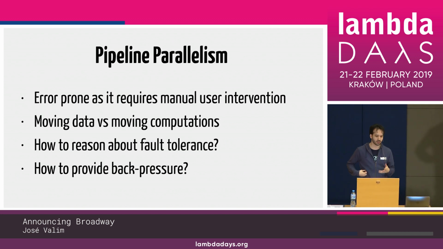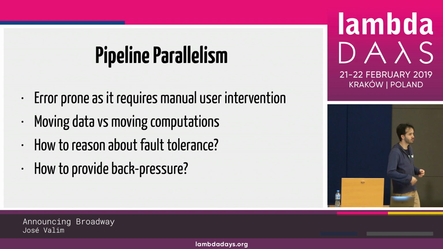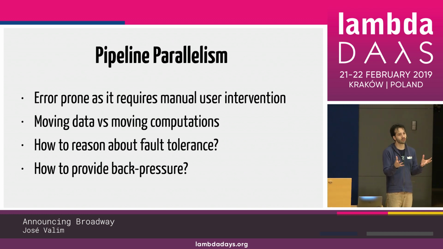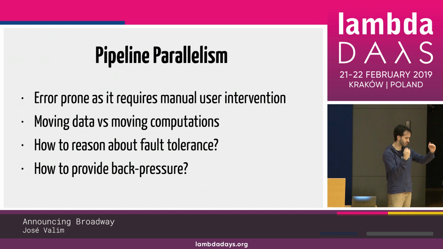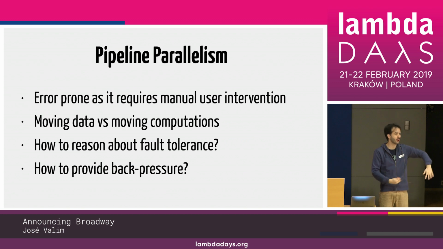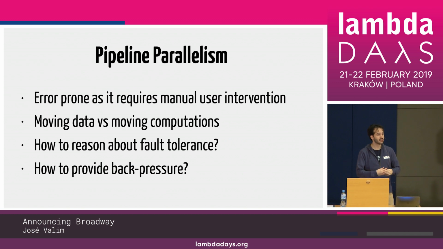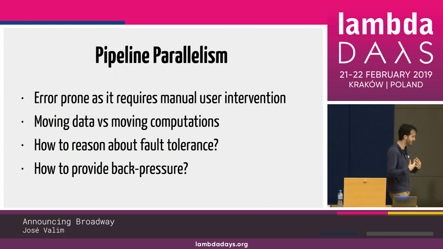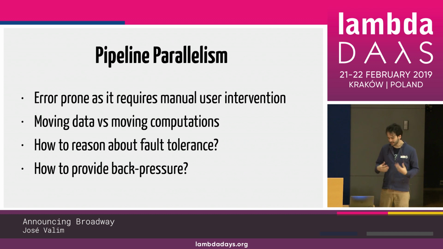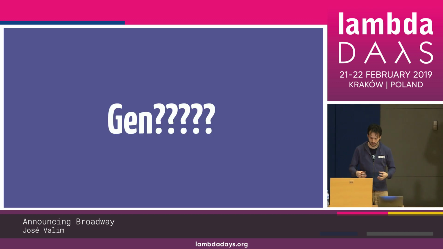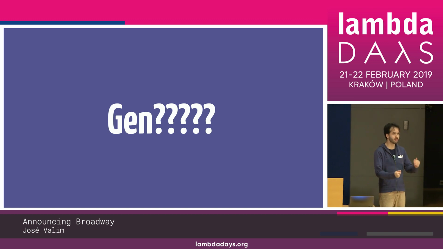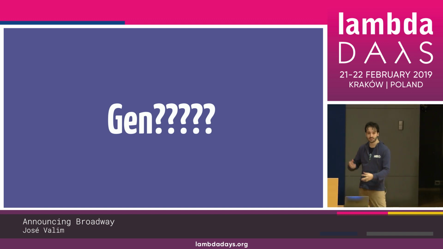So when this question showed up, it made it clear to us that we were approaching the problem from the wrong angle, right? We were trying to approach this problem from the perspective of streams because that's how we have done things so far. But it was clear at this point that we had to try something else. We have to try to approach this problem from the perspective of processes. And what this means is that, in Erlang and Elixir, you have a bunch of different process-based behaviors. So for example, we have something like a GenServer, which is used to model client-server interactions. We have GenEvent, which is about events.